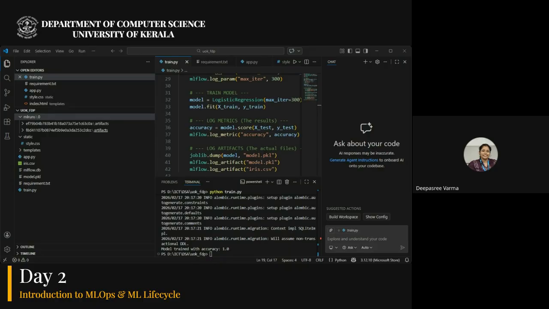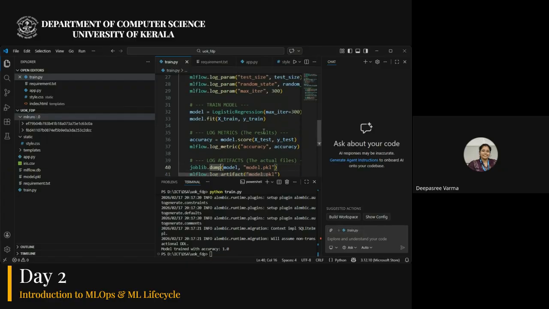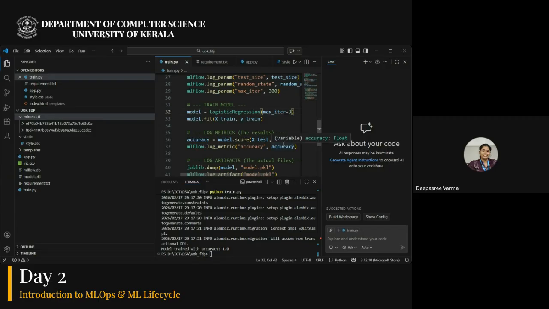Okay, done all of you? So I hope you have done that. So you can just try changing the parameters. Okay, I'm making the parameter maximum iteration as 3, and I'll just run it again.